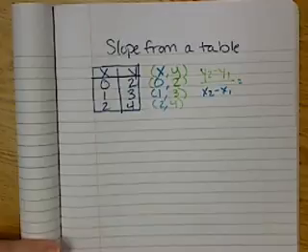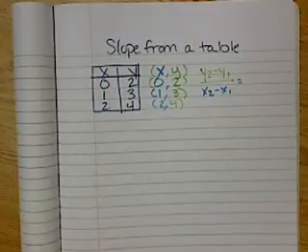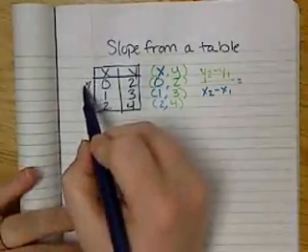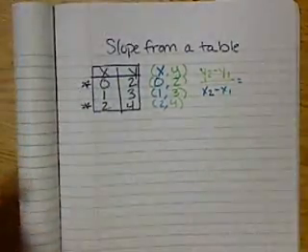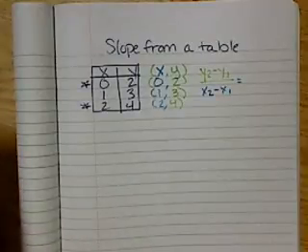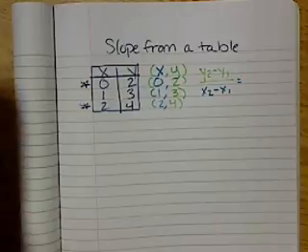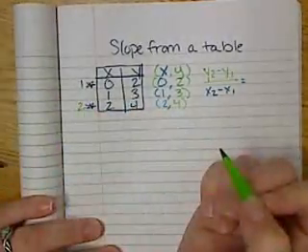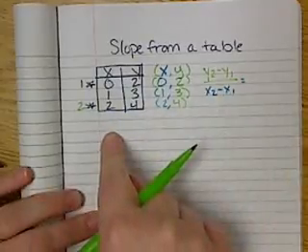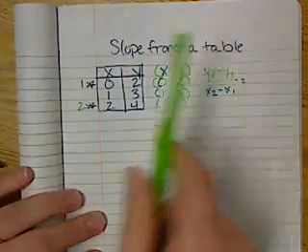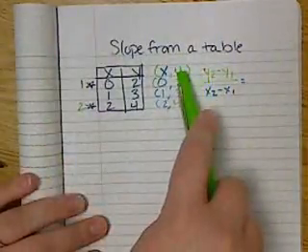So the trick here is that you only need 2 points. It doesn't matter which 2 points, if they're beside each other or not, as long as it's part of the same line. So I'm just going to do this point and this point because I just want to prove to you that this works. So I'll say this one's going to be group 1 and this one's going to be group 2. Okay? I can do it this way and stack it. So that would make this one, let me do my y's first. y2